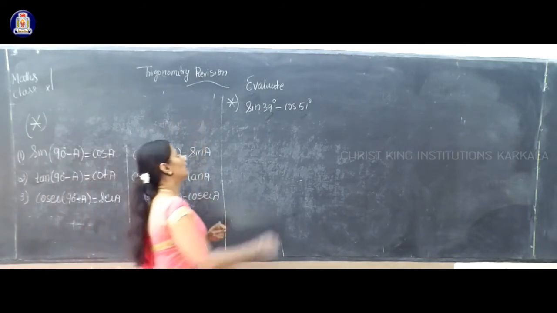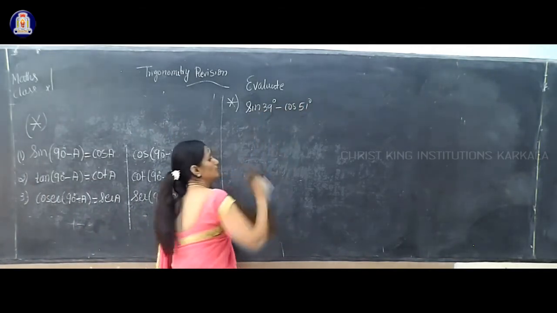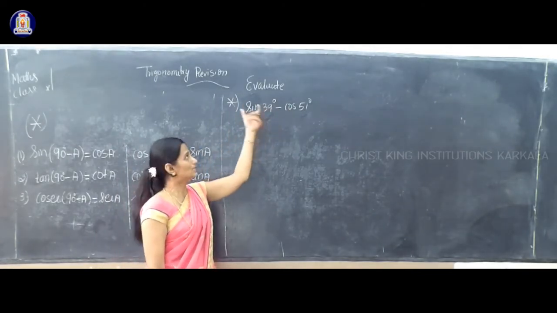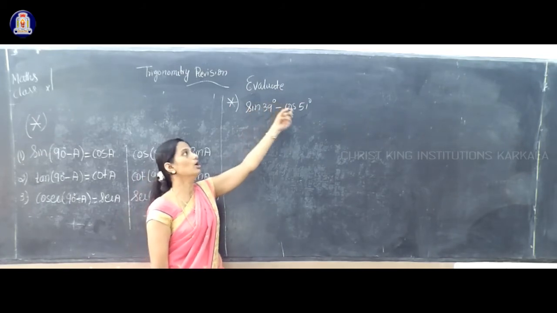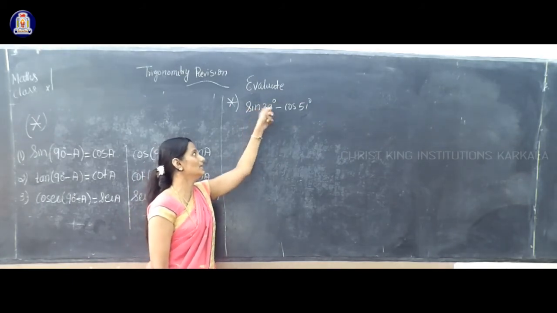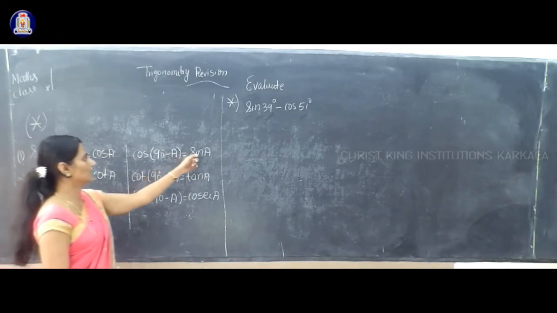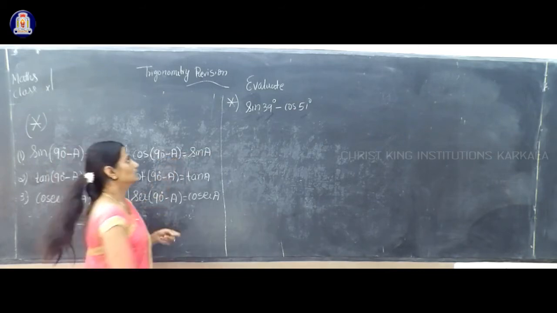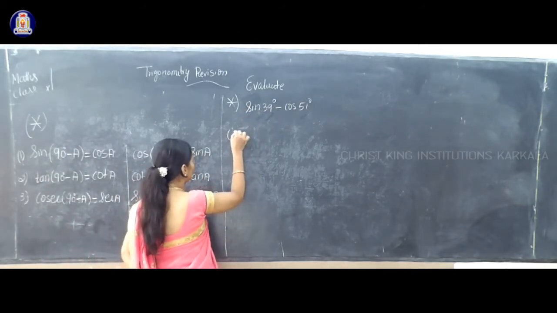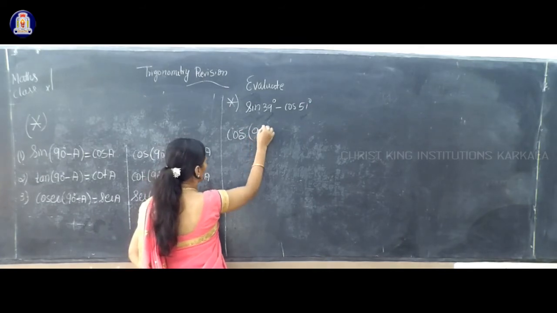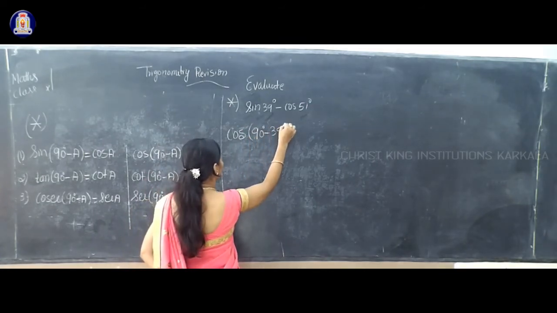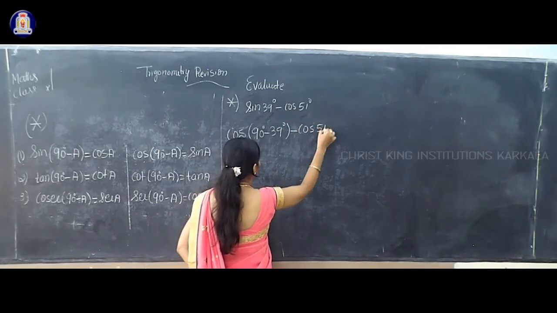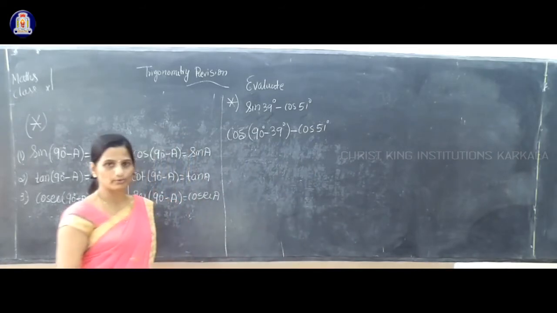So related to the given, sin 39 minus cos 51. You can use sin A or cos A. Don't use both. Either use this one or this one. I'll use this one, sin A. What is sin A? Sin A is cos of 90 minus this angle, that is A. So sin 39 can be written as cos of 90 minus 39, right? 90 minus 39, and minus this as it is, that is cos 51 degree.